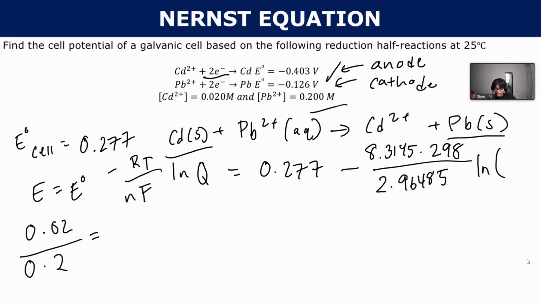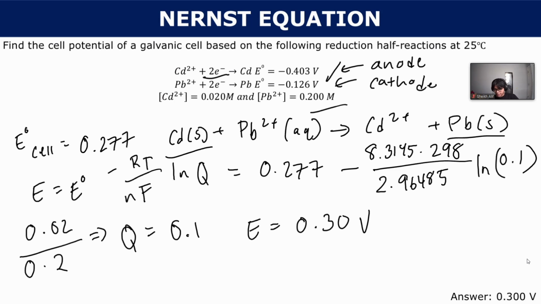So our Q value here is going to equal 0.1. If we plug that in, all we have to do now is just solve this monstrous problem here. So our E value is going to come out to about 0.30, and it's going to be in volts. And that's basically the answer. So again, it's just knowing what information you're given and plugging it into the equation to find out what information